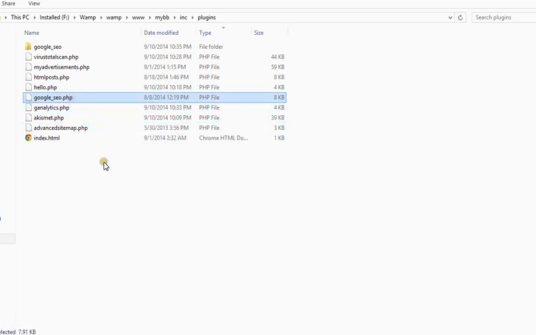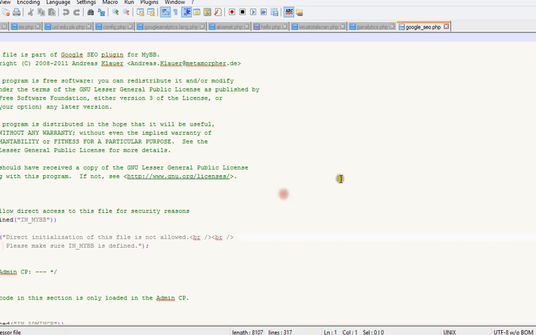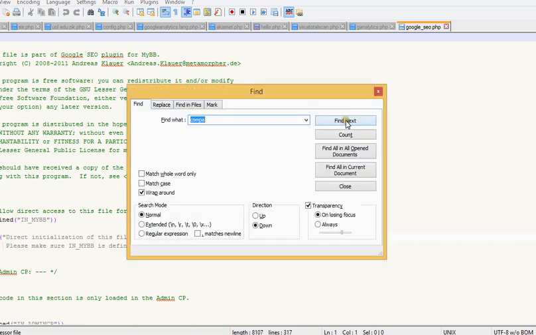Okay, so according to my recent tutorials about upgrading from 1.6 to 1.8, you might be thinking that you don't have to see this video to know what it takes to make it compatible. You just have to change a single piece of code that says 1.6 to 1.8, but it's not right. So I'm going to tell you how. I'm editing google_seo.php and looking for the line that says compatibility.